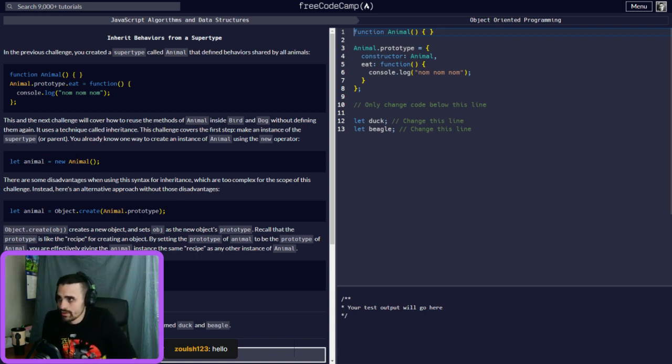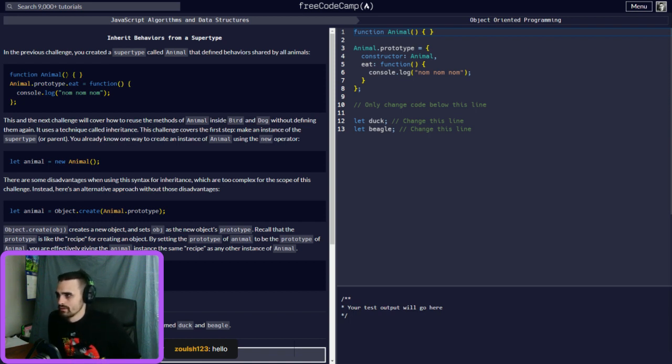You already know one way to create an instance of animal using the new operator, animal equals new animal, and then you don't have anything in there because in this constructor it doesn't have any arguments it's accepting, right?